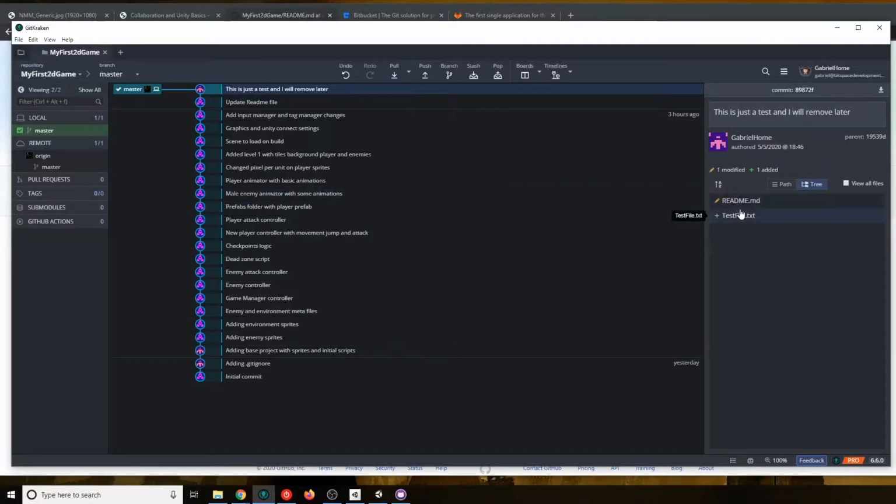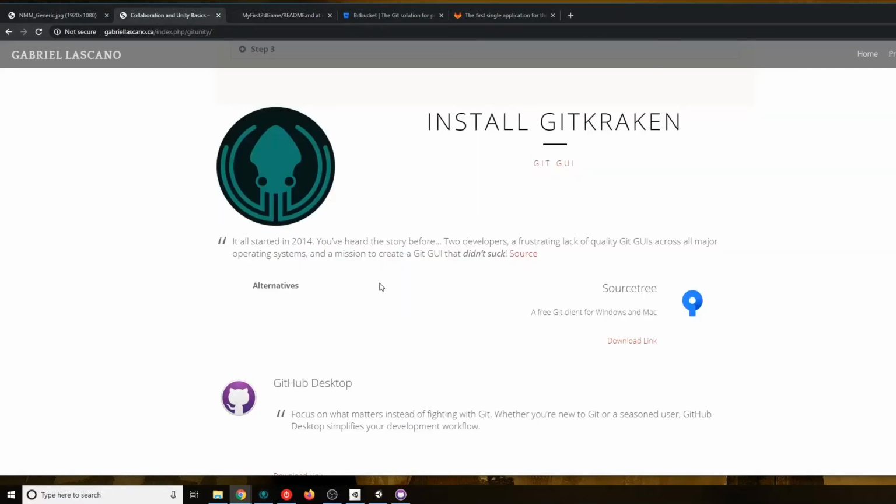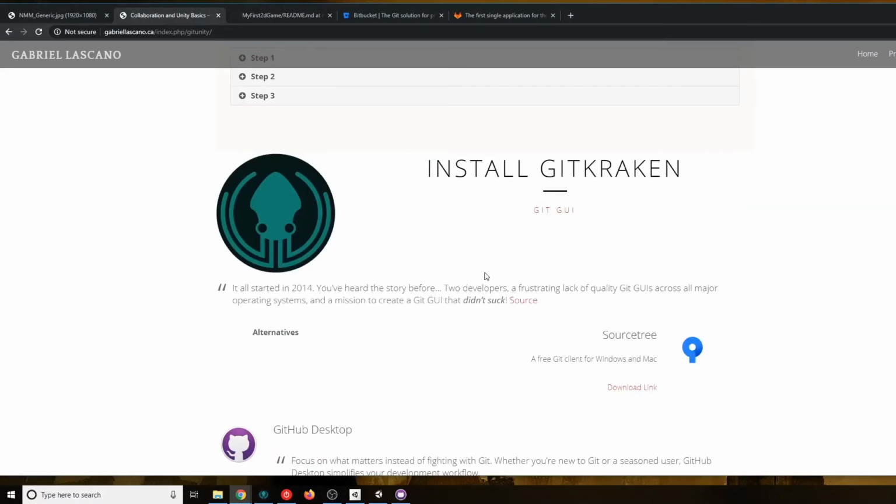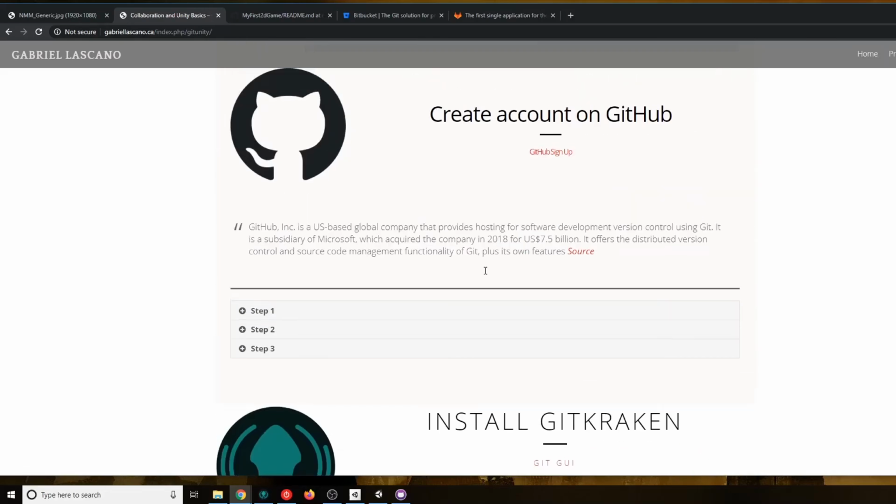I want to go back. I want to see how the README was. Of course, something more interesting than that. But I want to see how things were at the beginning, right? So, for example, let's say I want to go. Okay, yeah. For this, I'm gonna show you guys the project that we will be working on, so I can have way better examples. So let's go into the website. Here is the end of this part of the tutorial. Then we will go to part 2, but that will be